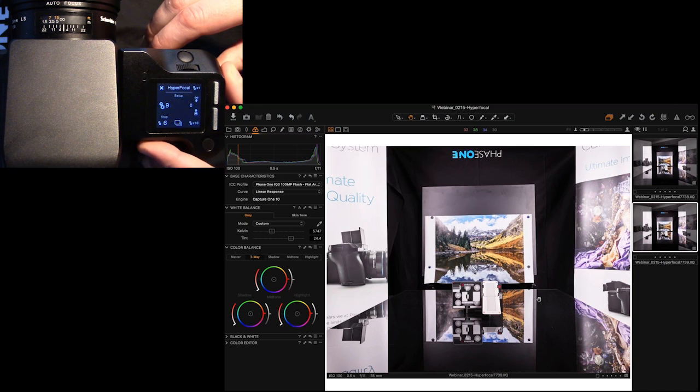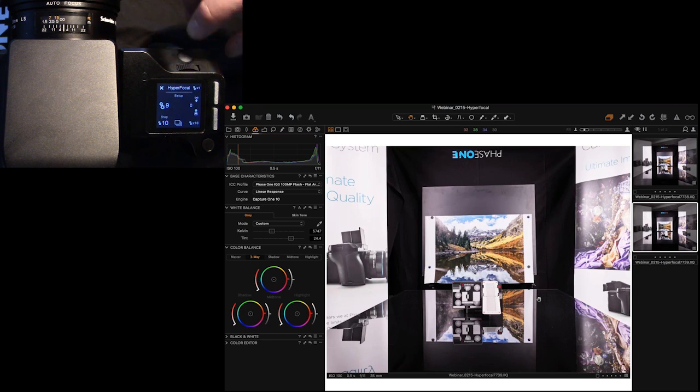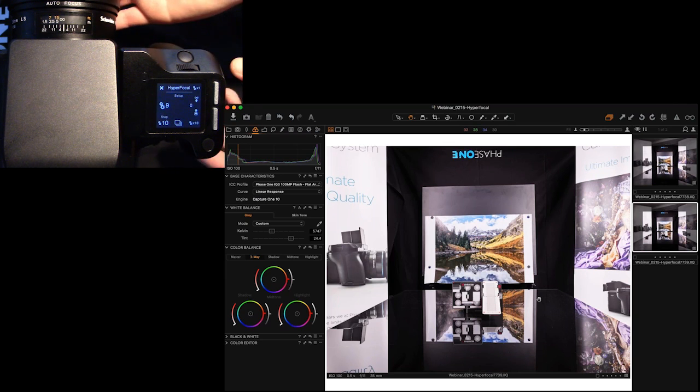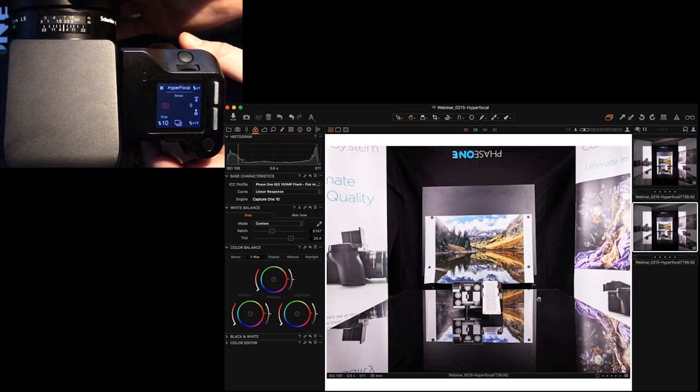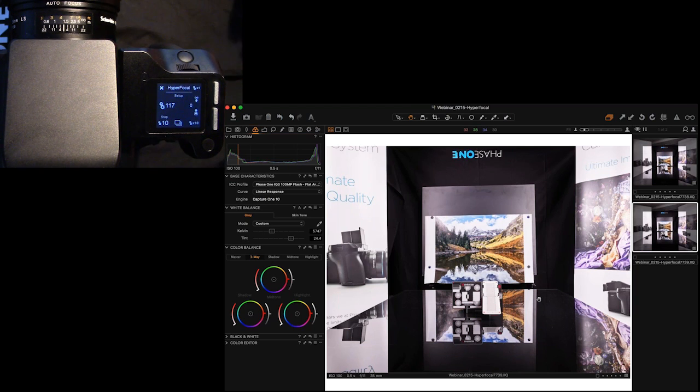So in my particular case, I'm going to start off fresh, and we'll start with a value of 10. And so that's our step value. That's going to be the difference between each image. Now, as you can see in Capture One, I have the Lens Align focus chart, and it's about, I would say, 1.5 meters away from the lens. So if we move this focal plane to about that location, that should give us proper focus.